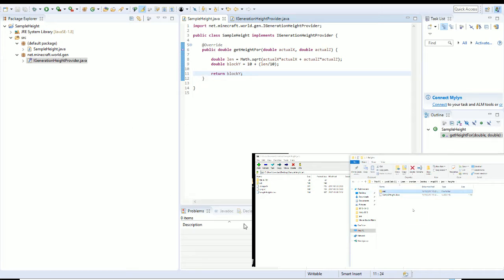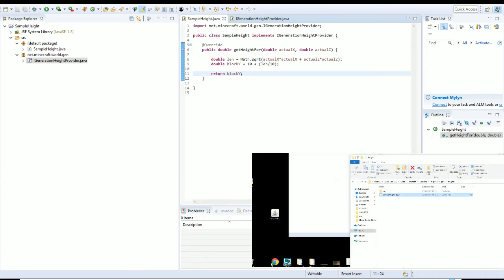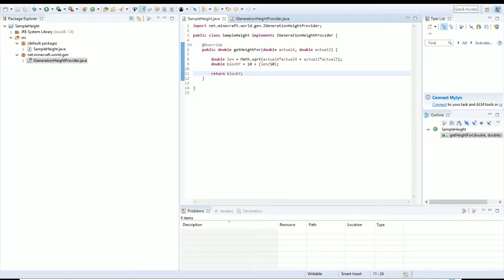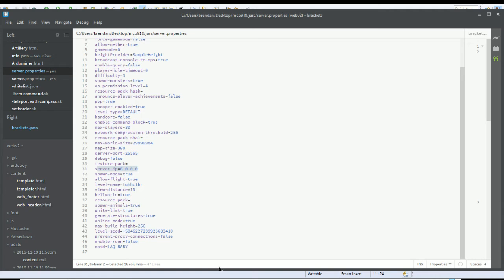You only need to copy this over once. Forever after, you can just dump in your class files. Okay, let's get rid of that. In fact, let's get rid of a few of these so we can see what else we need to do. Now, the next piece of the puzzle, once you've stuck your jar file in, this is a standard server